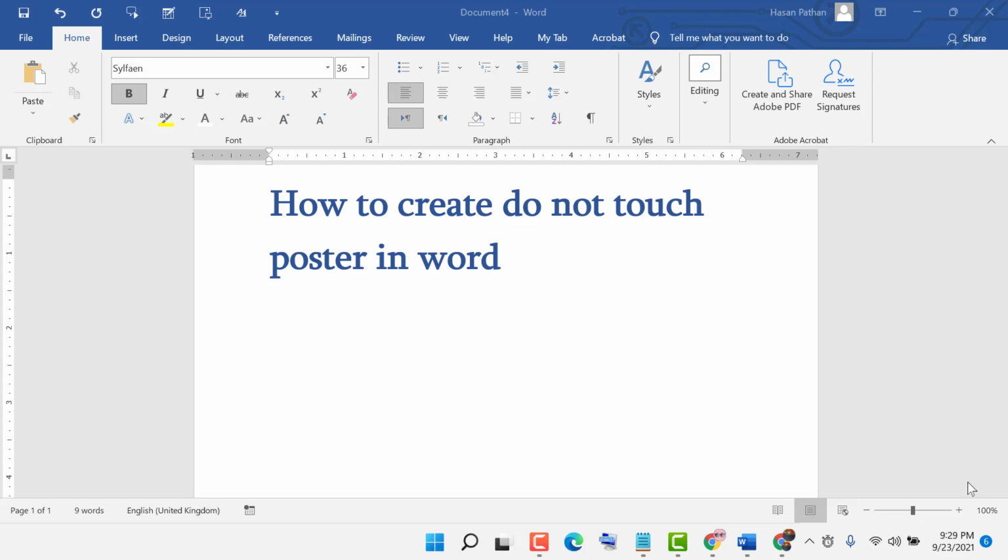Hello friends, in this video I am going to show you how to create a do not touch poster in MS Word. So firstly click on insert, make here and change the size, then insert